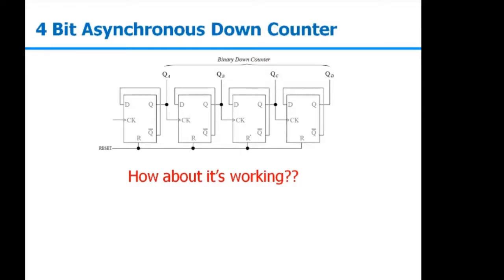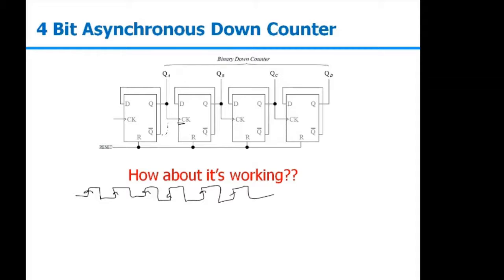Next we're talking about the down counter, the 4-bit asynchronous down counter. Now in this case, if we are working with a positive edge trigger, for the up counter we were connecting Q bar to clock, right? Since we are designing a down counter, we will be connecting Q with the clock. So if I'm checking it's working, this will be my clock, and we are working with a positive edge trigger. This is my positive edge trigger. Initially all are in the reset condition. So this is my Q0, Q1, Q2, and Q3. All are in the reset condition. Whenever the positive edge comes, this will be the toggle mode.